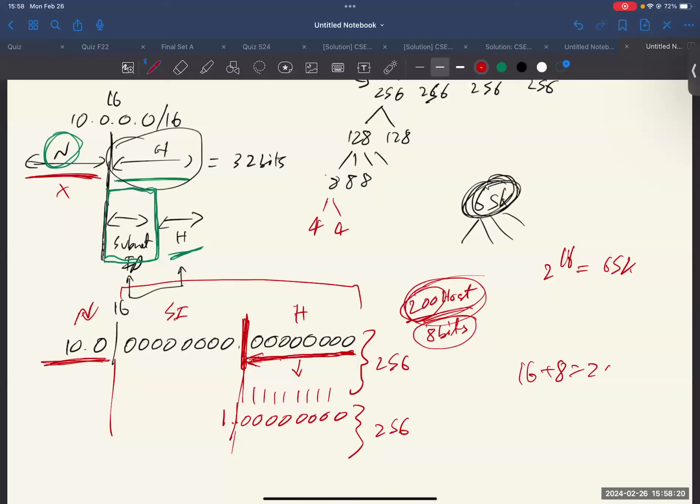16 প্লাস 8 কত হয়? 24। তাহলে 32 মাইনাস 24, আরো 8টা বিট বাকি থাকে। এই 8টা বিট কোন জায়গায় যাচ্ছে? 8টা বিট এই যে সাবনেট আইডিতে যাচ্ছে, তাই না? এতটুকু কি ক্লিয়ার? আচ্ছা, এখন সাবনেট আইডিতে গেলে এখন চিন্তা করেন, আপনি হচ্ছে এই যে 65,000 আইপি অ্যাড্রেস আছে,